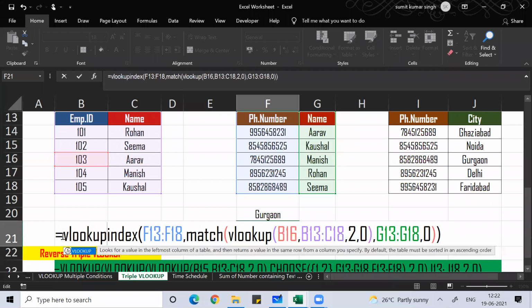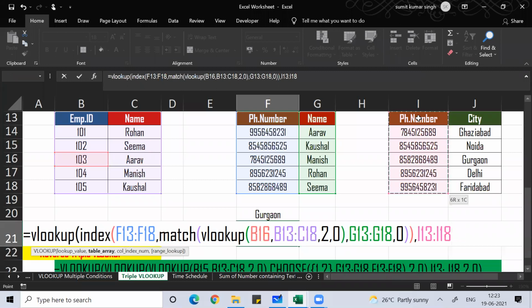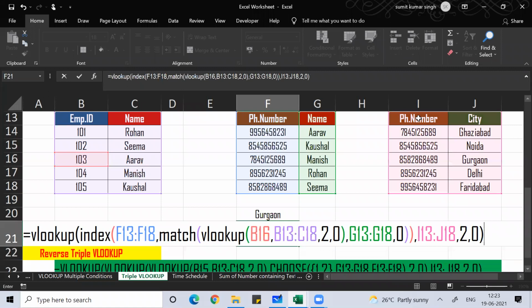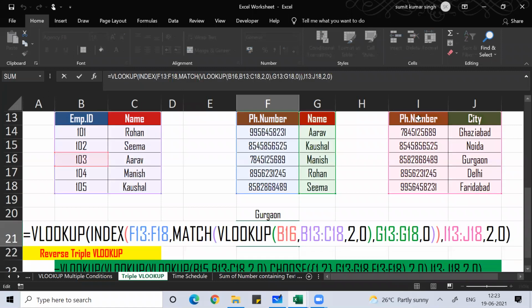That value I look for in this table, and I want the city name from that. Close bracket, enter.